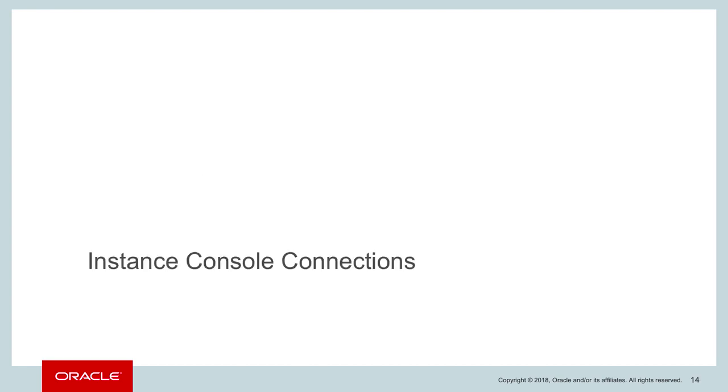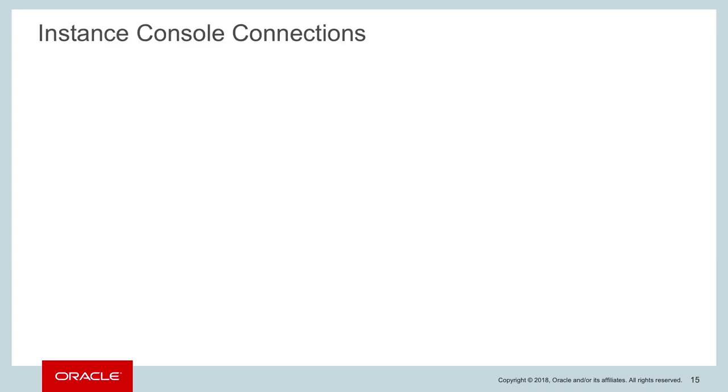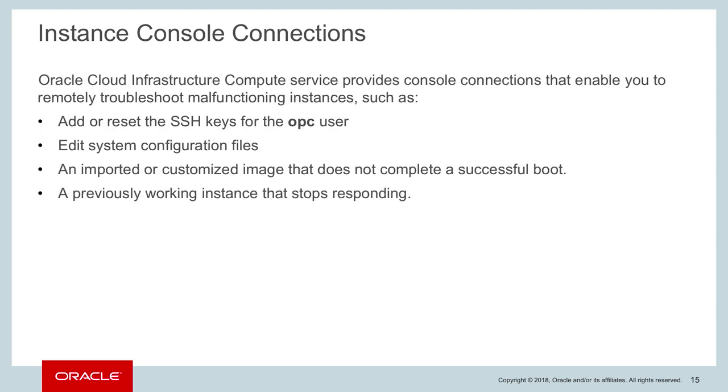All right, so now let's talk about instance console connections and how that can help us fix problems on malfunctioning instances in OCI, right? So what exactly is an instance console connection? When you're deploying compute instances, you can get into situations where the compute fails to boot because of a misconfiguration in the operating system, or a problem with a specific driver that could not load during the boot, or maybe something happens in your instance that leaves you stuck,